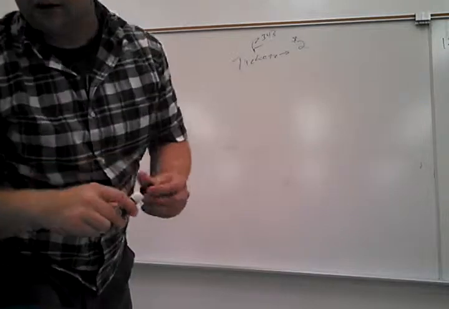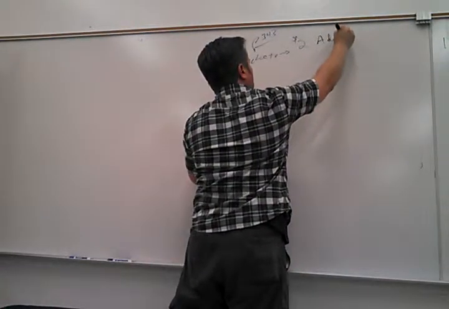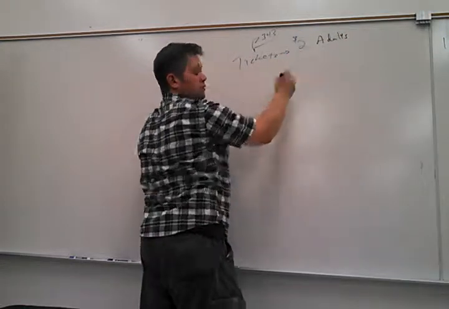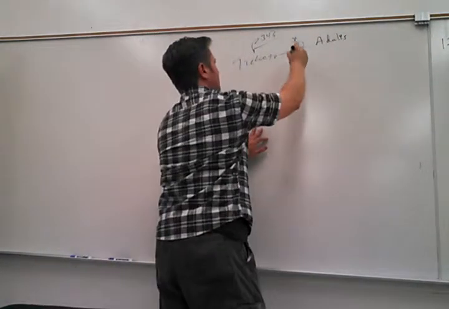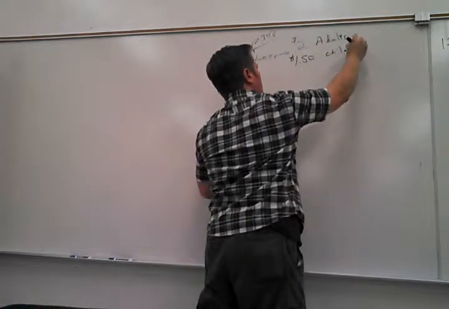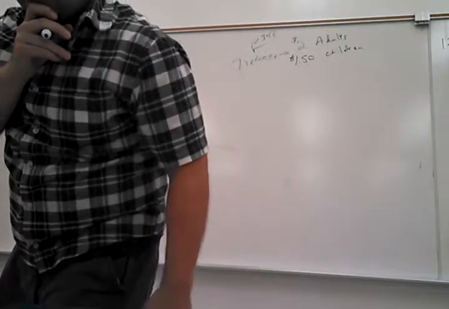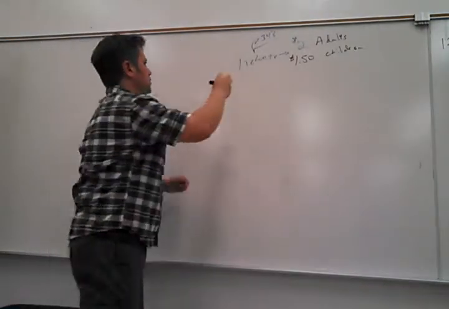$2 for adults and $1.50 for children, because they just don't make much money. How many adult tickets? How many children? If a total of 127 tickets